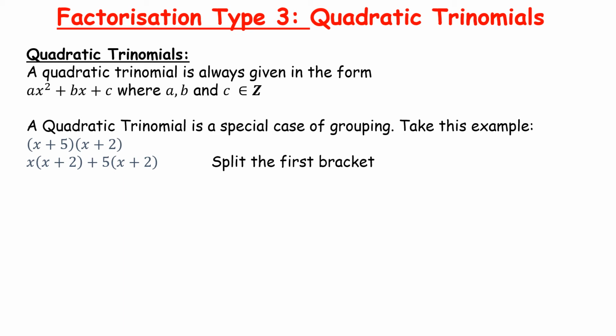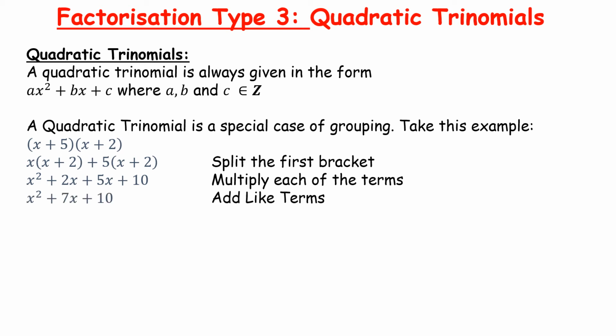Then we just multiply as normal. So we get x squared plus 2x plus 5x plus 10. That's just a multiplication. But we're not finished yet, because generally these questions are expand, which we've done, and simplify. So we want to make sure it's as simple as possible. So actually we have a 2x and a 5x that can be added together, which gives us a 7x plus